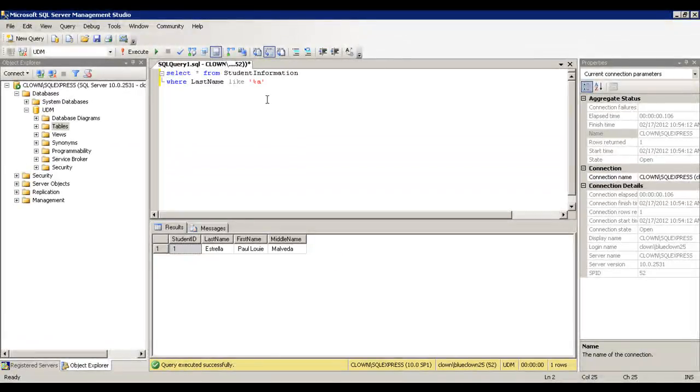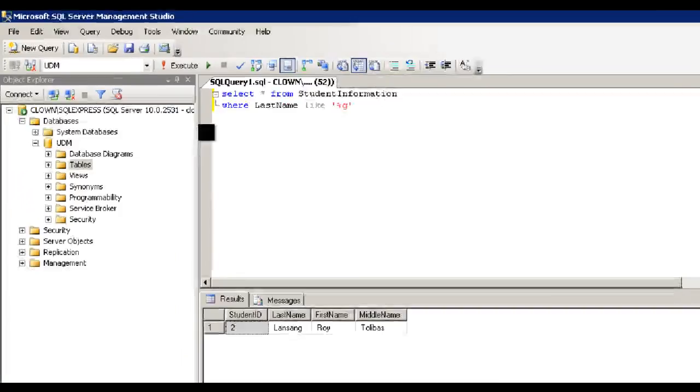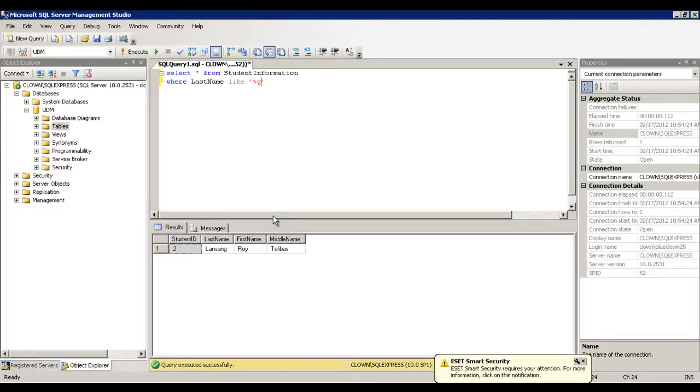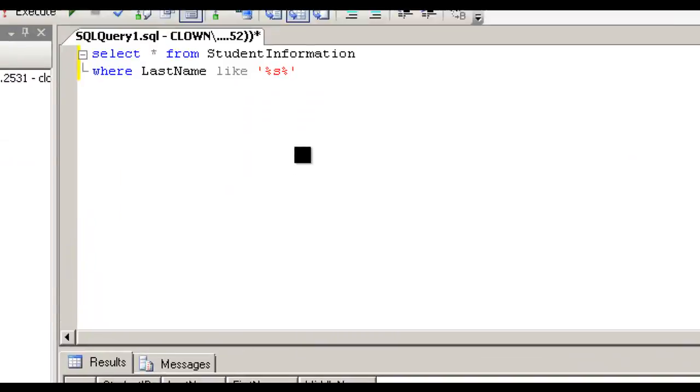So let's try to change it to letter G. Then press the execute button and there you go again. Student ID number 2, Lansang. Lansang is ending with letter G. So let's try to add a percent sign here and change it to letter S. Let's execute it, then see this.